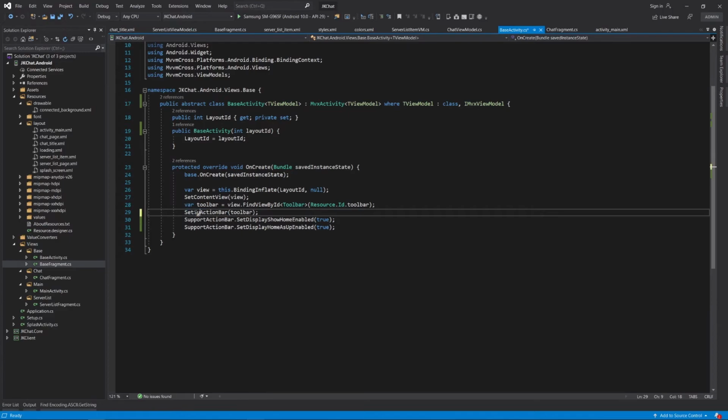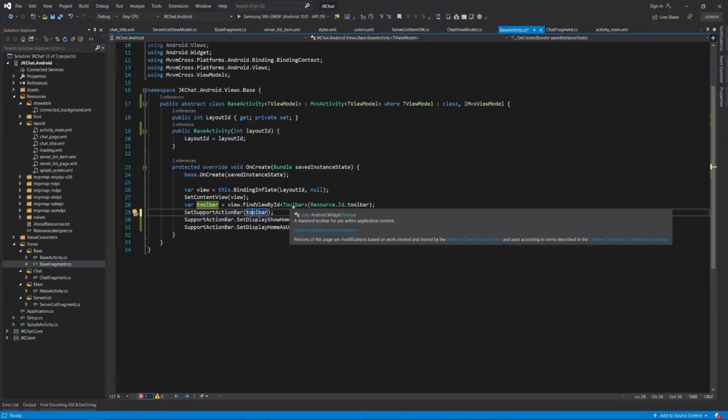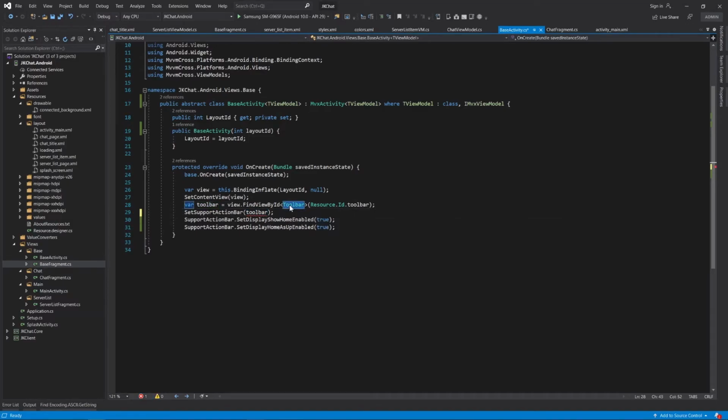Set support. Okay. Toolbar. And the toolbar has to be